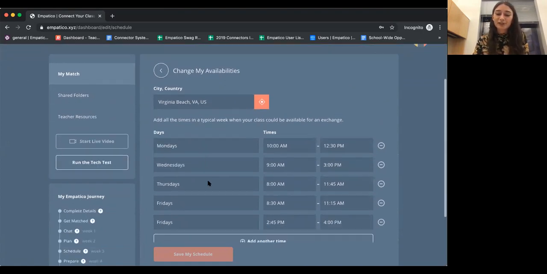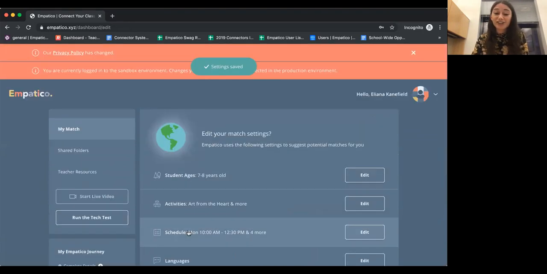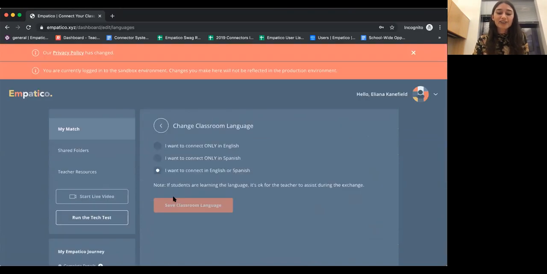So you're able to put in your times, and the scheduling tool will take into account time zone differences, so you never have to do that conversion on your own. And then we have connections in both English or Spanish, or both. So you can say, as a classroom, let's say you're a dual language program, you might want your students to be practicing Spanish with native speakers, or perhaps you work with English language learners and you want them to only connect to English. But we'll say we're bilingual, so we'll do both.